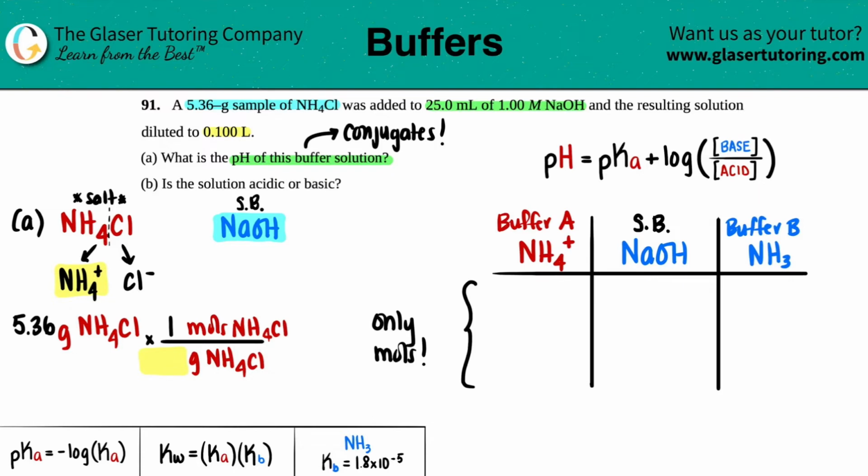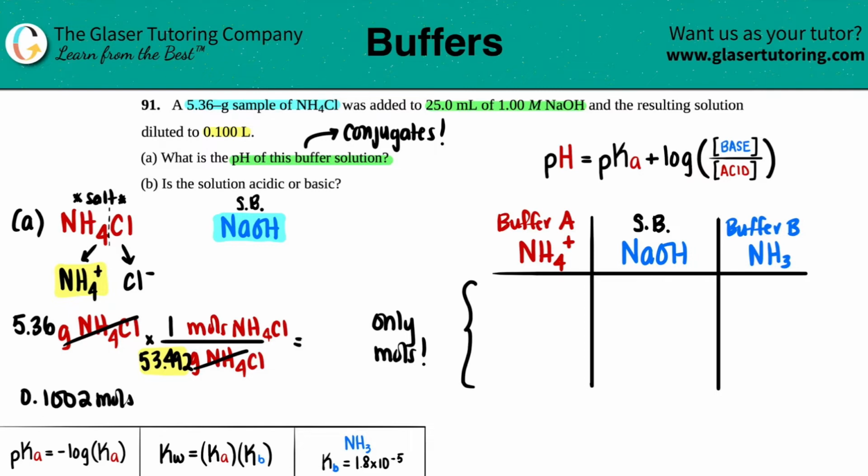So calculator's out, periodic table's out. Let's find what the molar mass of NH4Cl is. So 14.01 plus 4 times 1.008 if we want to be specific. And then we got 1 chlorine, 35.45. So I get 53.492. Grams cancel out with grams. Let's find out those moles. 5.36 divided by 53.492. Not the full answer here, so I'm going to give it a couple of decimals. So 1.002